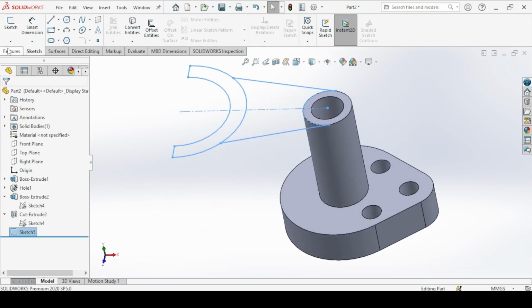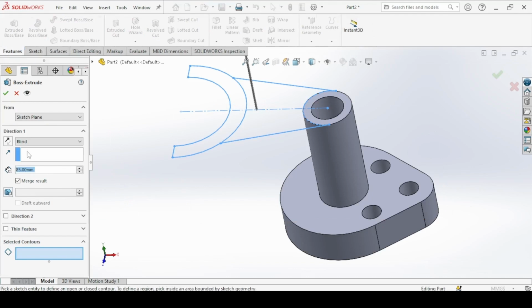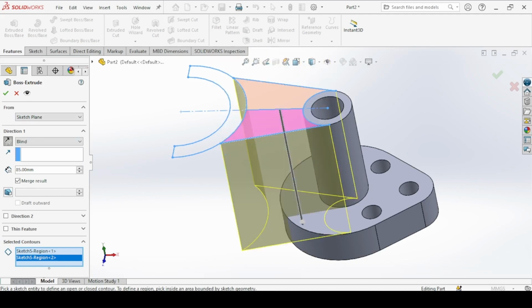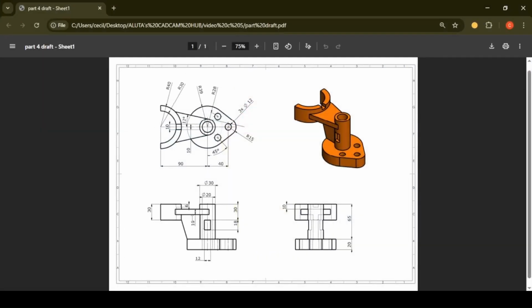Now click on the sketch, extruded boss base. The first extrusion should be this area, reverse the direction, and you're extruding down by a distance of 10, but we first have to add an offset of 10.